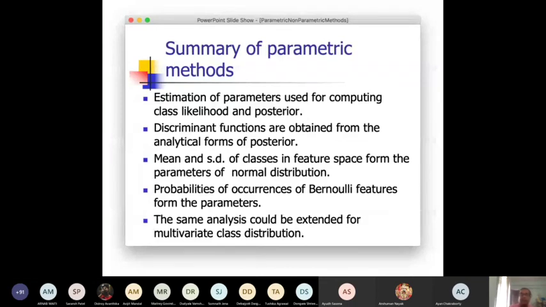So any question regarding this parametric method for applying Bayesian inference in classification? Okay, if there is no question,